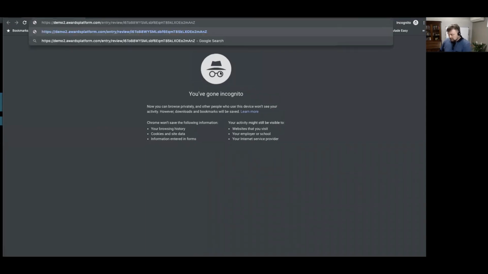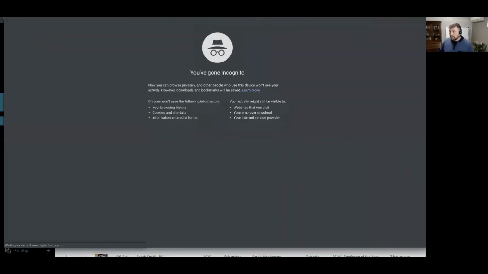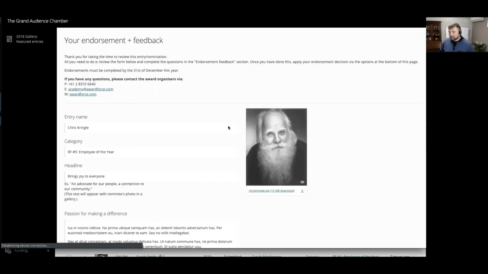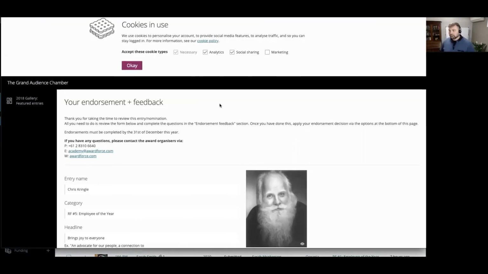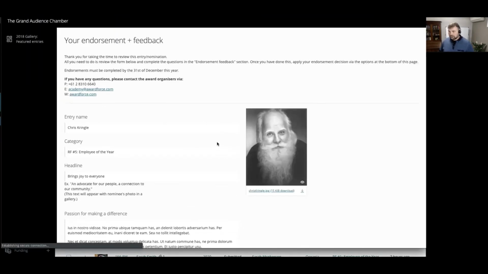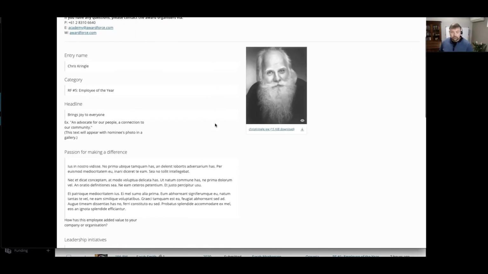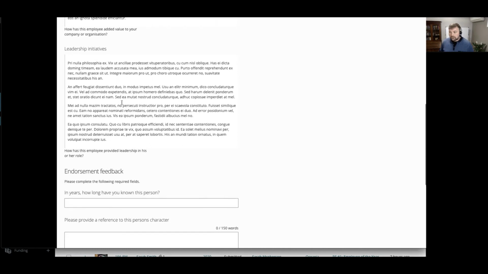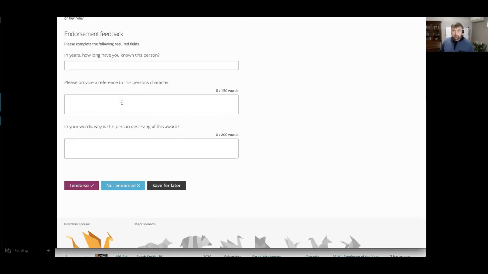All right, paste, click that in. Just need to focus on this part. Okay, so here we go. I'll accept those cookies. So we can see that I have my page. I have some instructions, contact information up the top, deadline information. As the referee, it's now just a matter of scrolling through, having a look at everything. Here's the information that I can see, but I can't edit. Then a bit further down, I have the fields that I, as a referee, have to complete